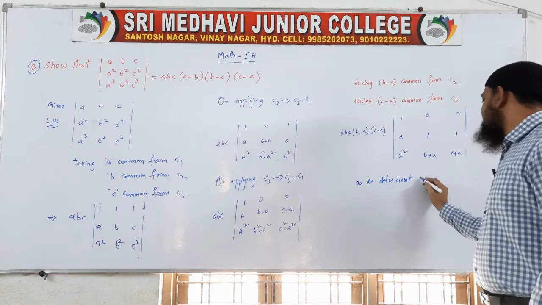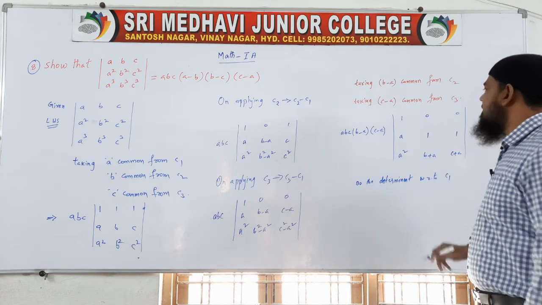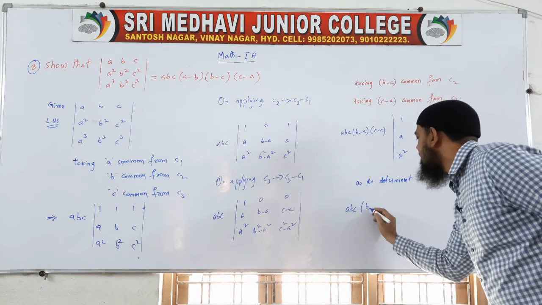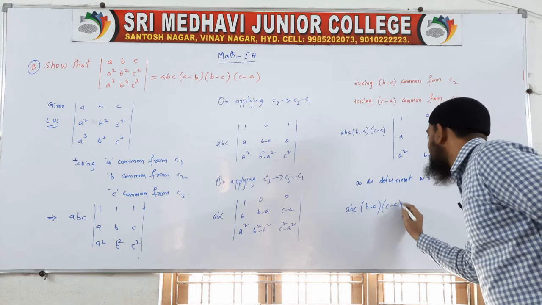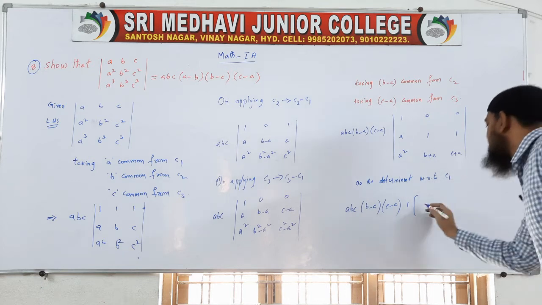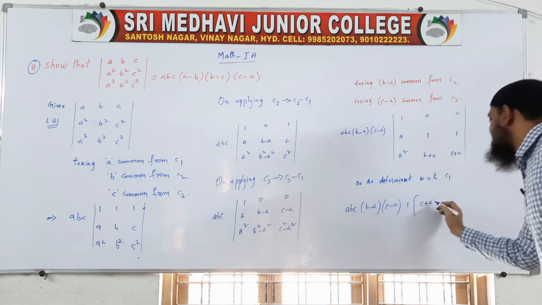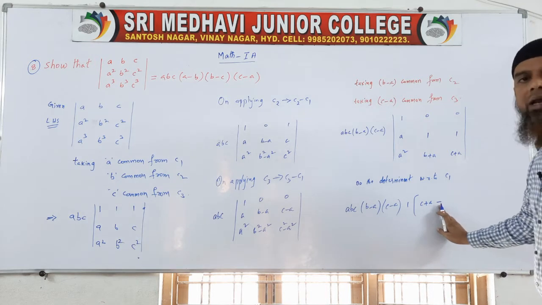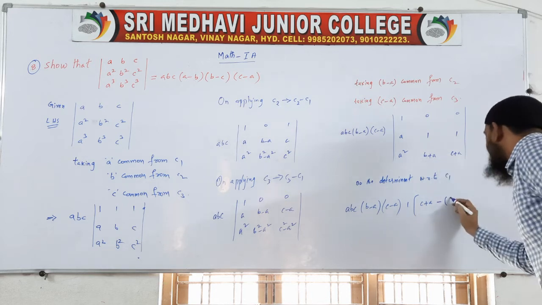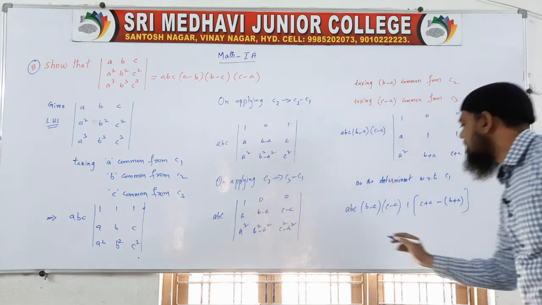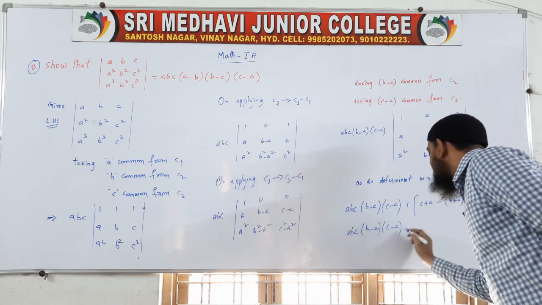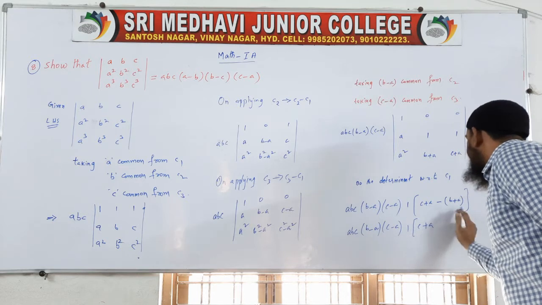Do the determinant with respect to C1. So that is a, b, c, b minus a, c minus a, 1 into bracket start, AD minus BC. So the next first one is 1 into c plus a minus. Whenever you are writing minus, after minus you have to take a small bracket, 1 into b plus a, that is b plus a. So a, b, c, b minus a, c minus a, 1 into c plus a multiply with minus